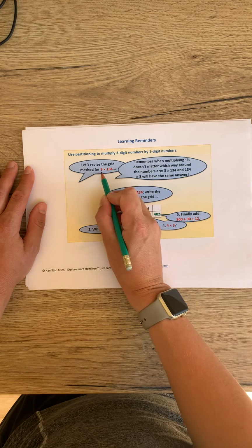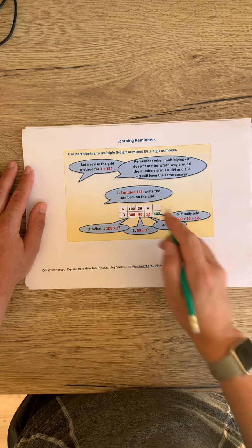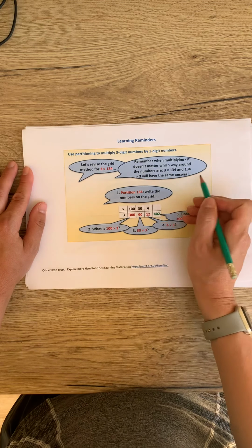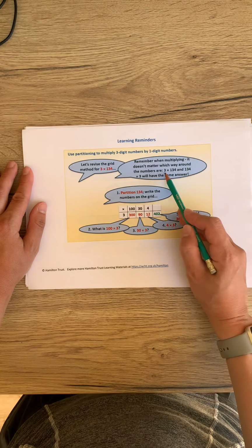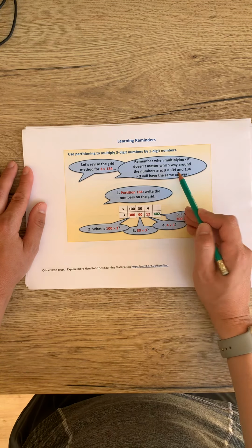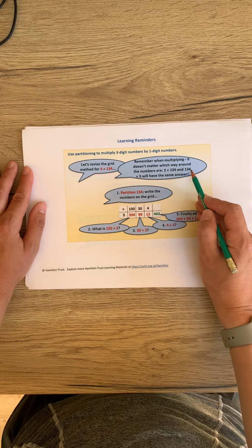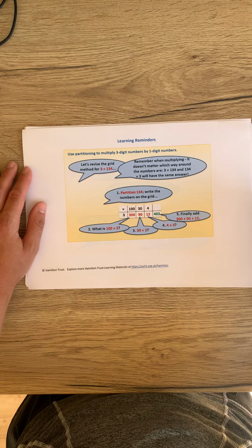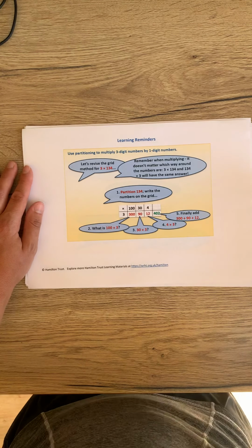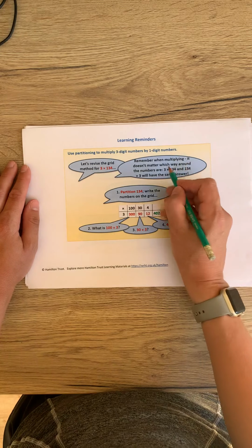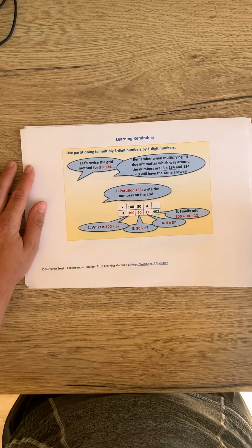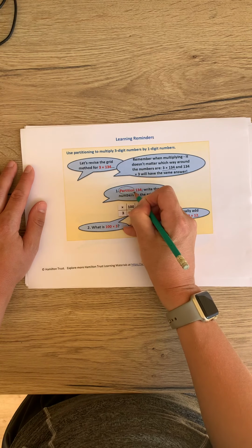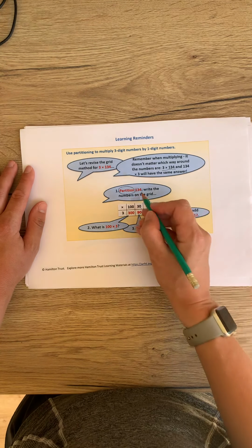So the number sentence we have is 3 multiplied by 134. This speech bubble is just saying that 3 multiplied by 134 and 134 multiplied by 3 will generate exactly the same answer. So when we're looking at putting a number sentence like this into a grid, the first thing we need to remember is to partition our largest number. So we're partitioning